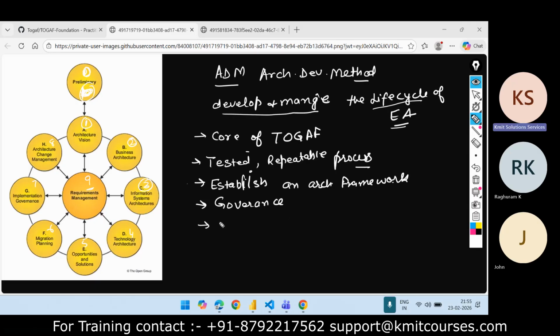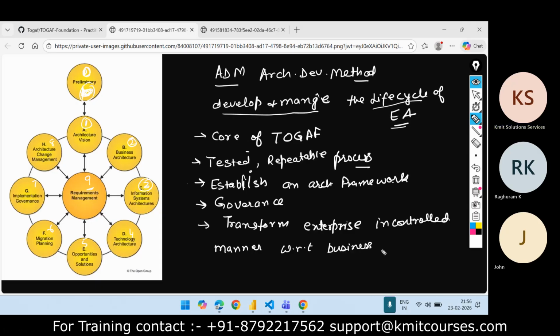With this, we can transform enterprises in a controlled manner with respect to business goals and business opportunity.